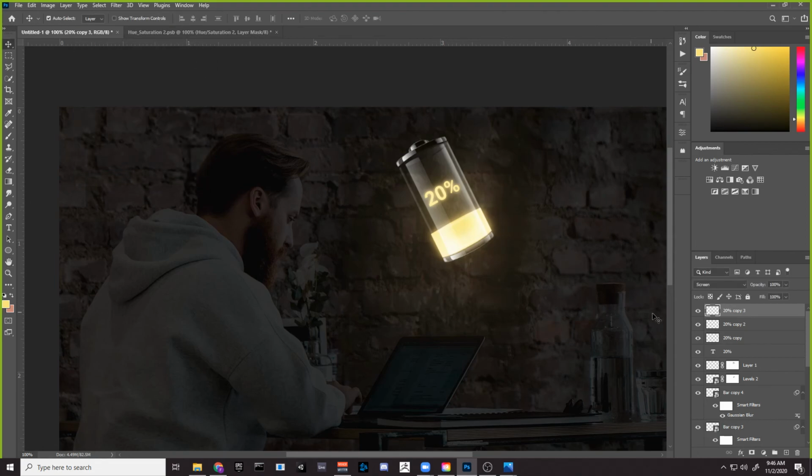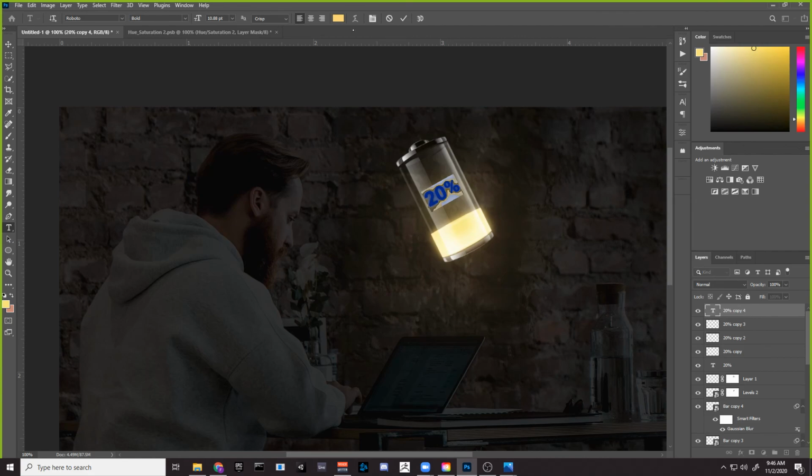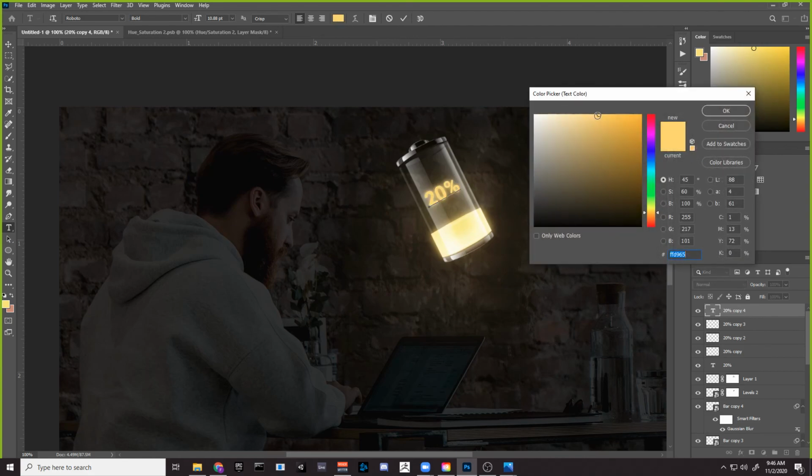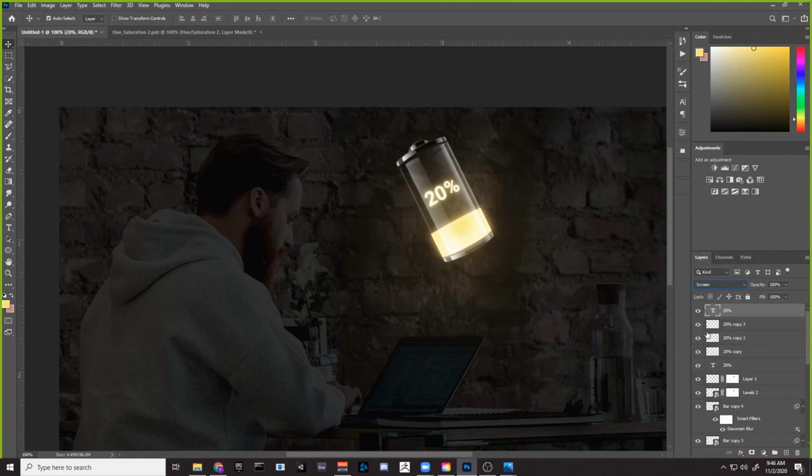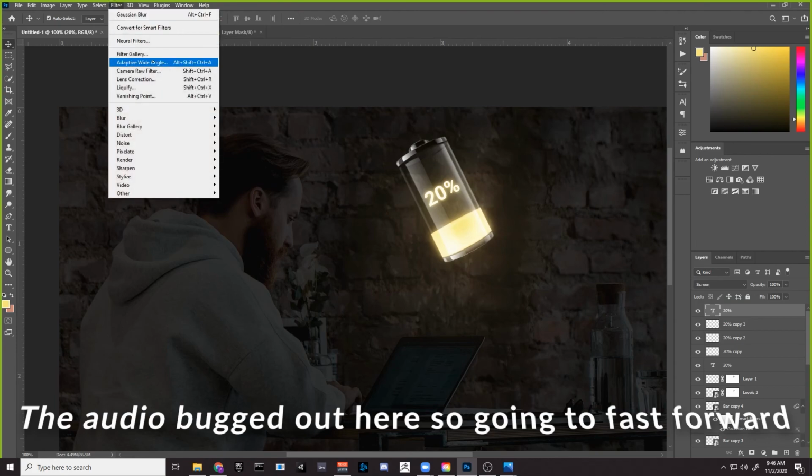And maybe just let's copy this layer now. The text tool, all of it. So Ctrl J. And let's drag this up here. And we can change the color of the text a bit. So instead of making it orange like this, we can just make it white. So now we have 2 colors that blended together. And now we can put this on screen. On screen. Okay, now let's add a blur to it. So filter, blur,